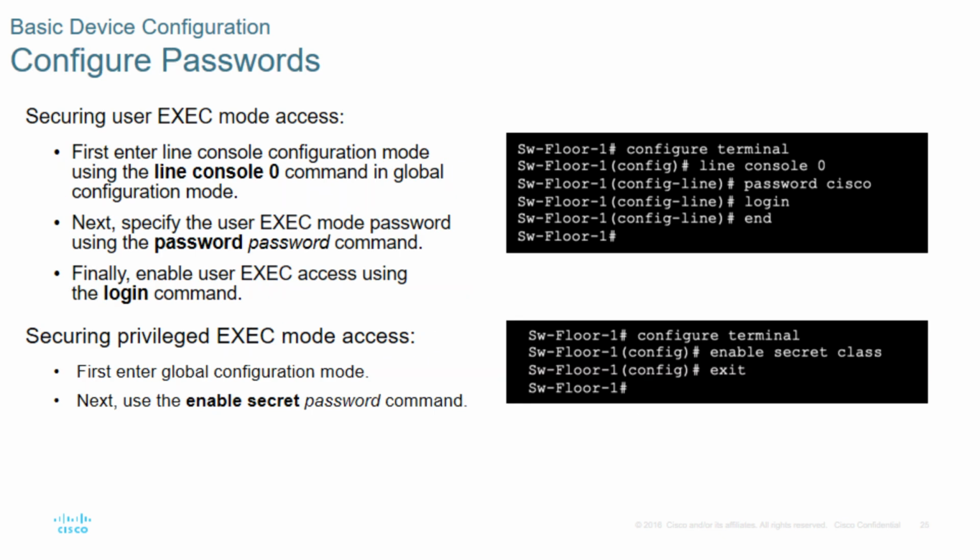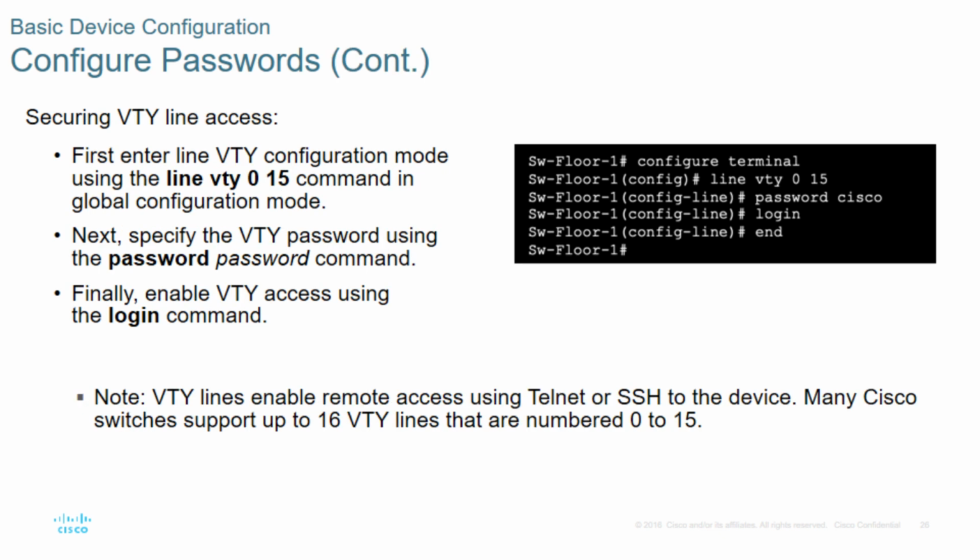Now configure the passwords. When you initially connect to a device, you are in user exec mode. This mode is secured using the console. To secure user exec mode access, enter line console configuration mode using the line console 0 global configuration command as shown in this figure and in this example. So the 0 is used to represent the first, and in most cases, the only one. Okay. So next specify the user exec mode password using the password command, and finally enable user exec access